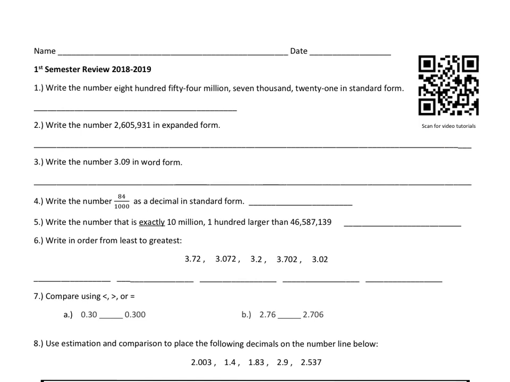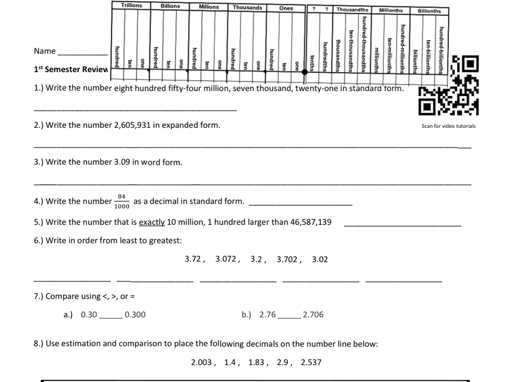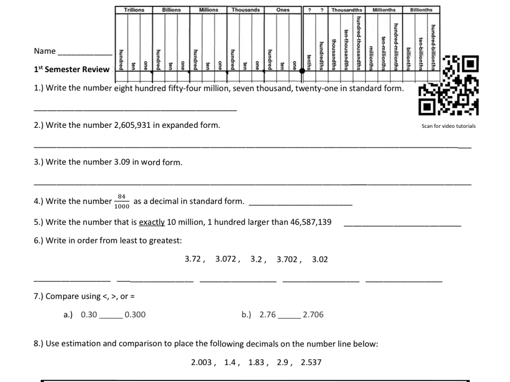For the first few questions, I'm going to pull in a place value chart here, and I'll put that right up here at the top because we're going to need that for several questions in a row. So question number 1 has a number written in word form, and we're trying to translate that to standard form. That number is